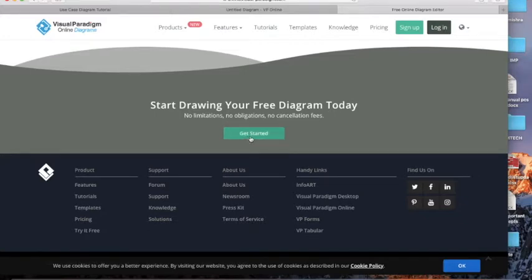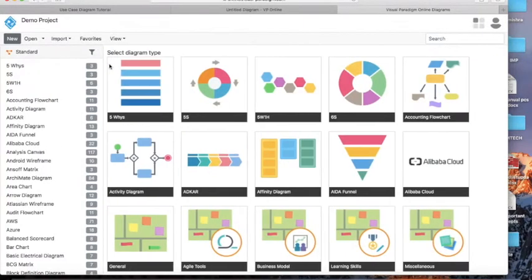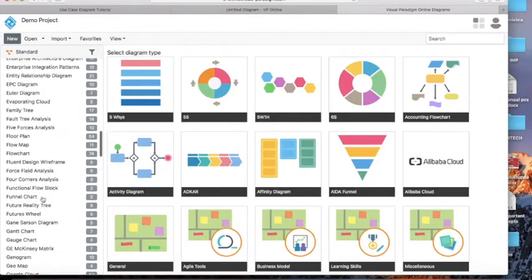Just click on get started. You'll come up with this page. These are the diagrams which you can develop in this software.